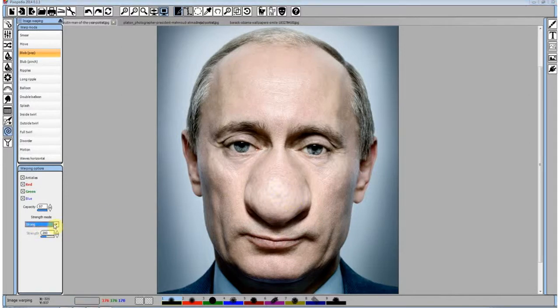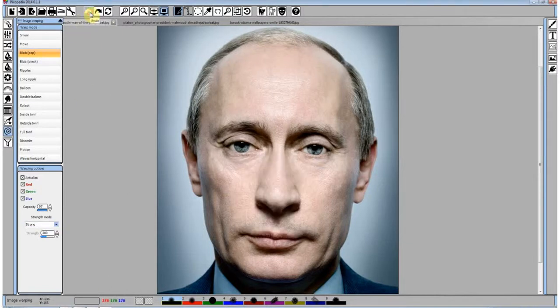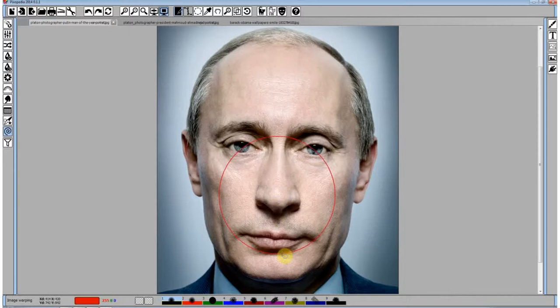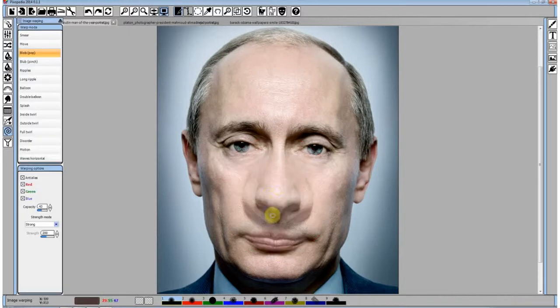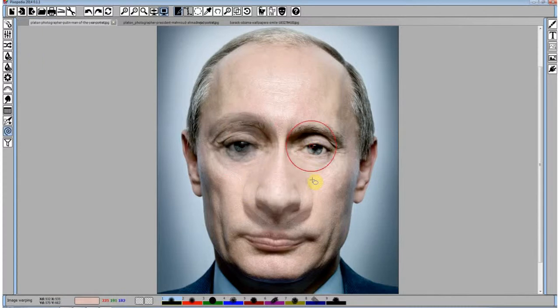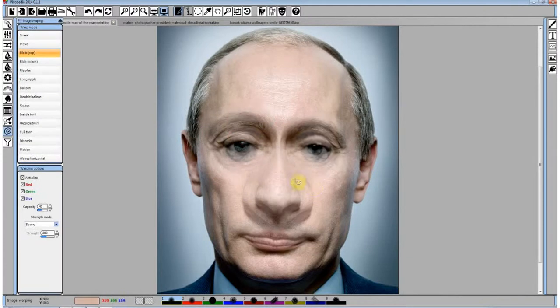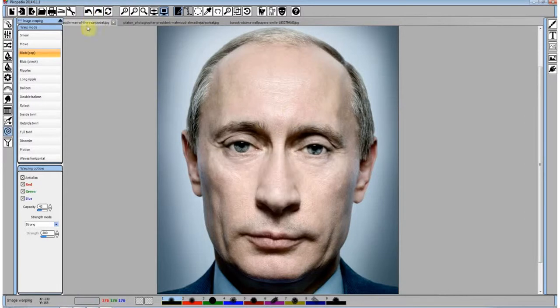Those first three modes are predefined modes. When playing with delayed warping, capacity is also taken into account. So you see the original is blended with the warped image by this capacity amount.